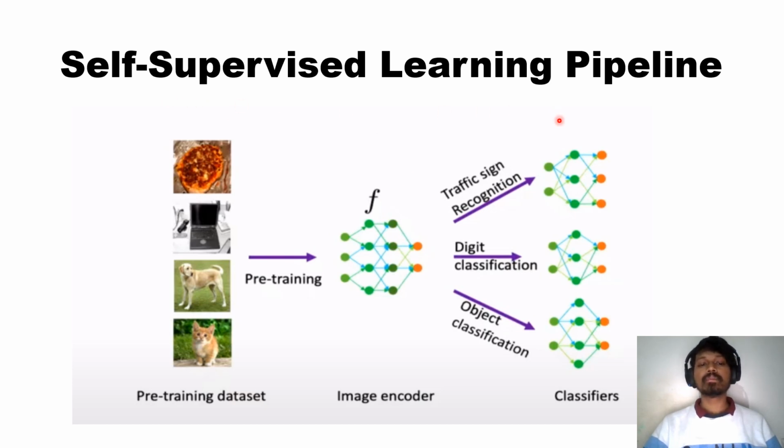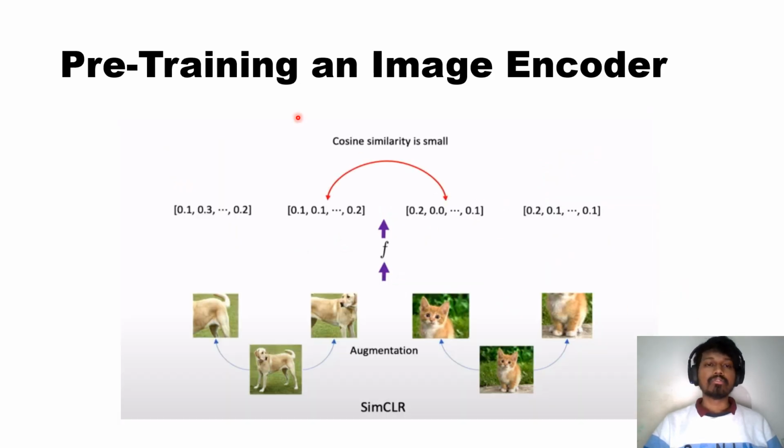This is the self-supervised learning pipeline. On the left, as you can see, is the pre-training data set, which is basically the images. These are fed to the image encoder, known as F here. The image encoder then pumps out something known as a feature vector, which is given to classifiers, and each classifier classifies the feature vector, so these images, into different categories. These are the different downstream tasks here. One of them is traffic sign recognition, one is digit classification, one is object classification. Now the first step in this